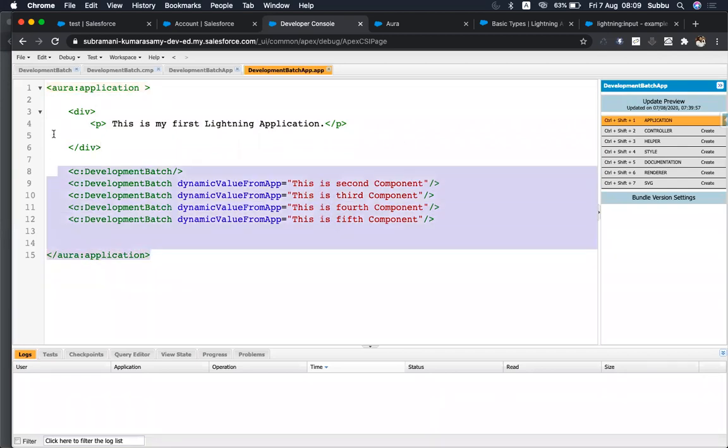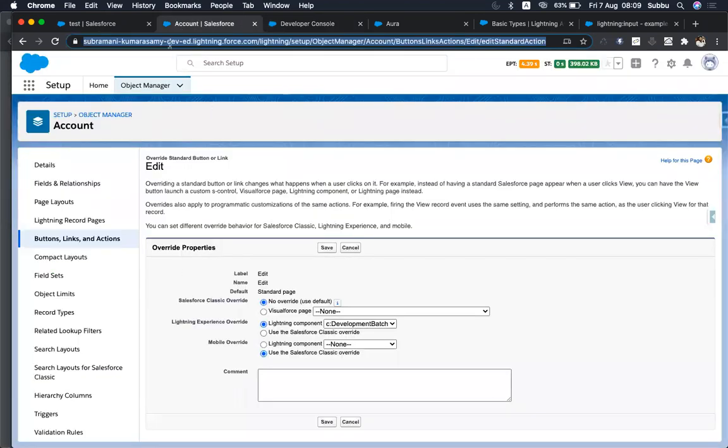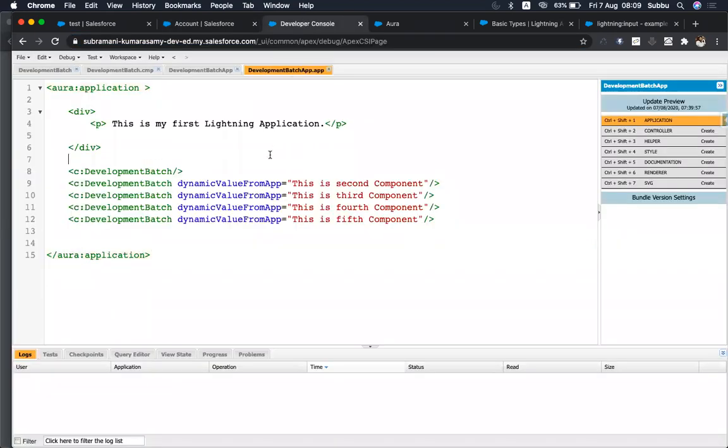This will be useful when you are customizing your whole application. Let's say for the sales team, if you are customizing the whole application, at that time you will be using this Lightning application. A few features are not supported in the application. There are many features which are not supported in the application, but they are supported inside the Salesforce org.